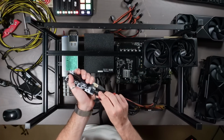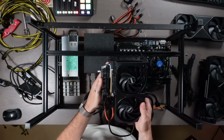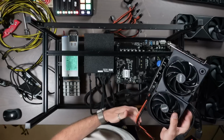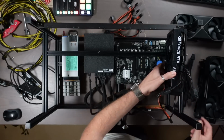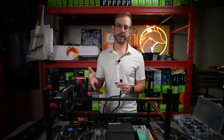I'm going to go through the back here. That's connected, and then we're just going to slot the GPU right in there. So now I've taken into account my power situation on the card, and I'm going to get this screwed in right here. With that GPU slotted in, now I just need to worry about powering it up from the ATX